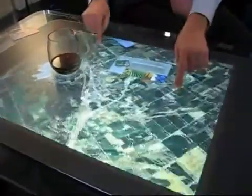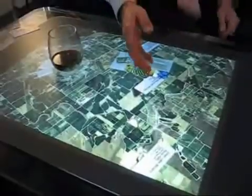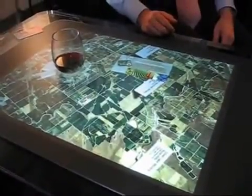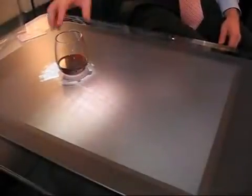And I can have a virtual Earth map. I can turn it around. I can say, well, you know, look, here's the winery I'm interested in, and there are several others. Well, I want to go out there and take a trip. Or maybe what I'll do is right here is I'll dive down in and I'll find out some more about these specific wines. All of this helps me make a more informed decision about the wine,